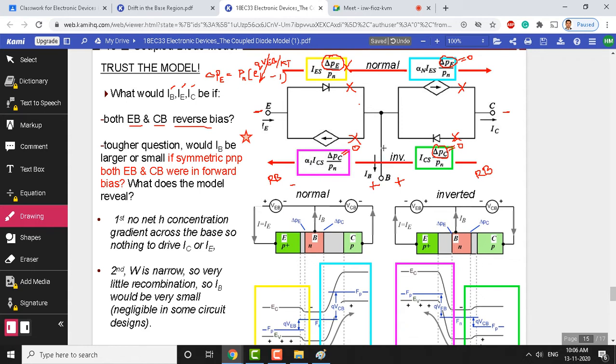Of course not, because there is an open circuit between the collector and the emitter. So there is no current flow here, and this complete circuit will behave like an open circuit. This is the type of analysis we expect from this model.